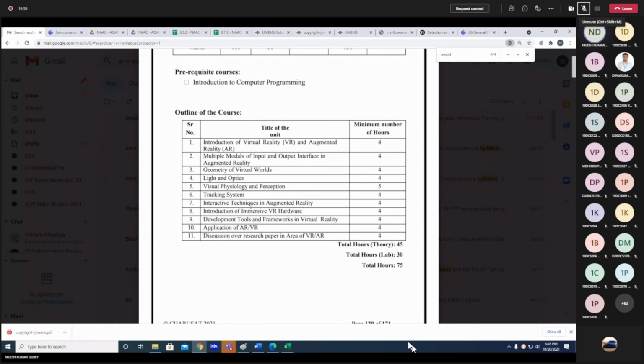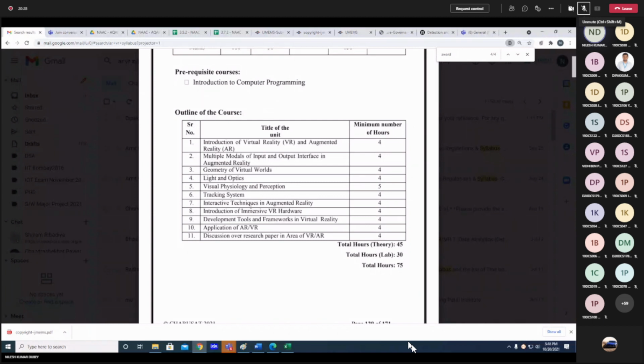So this subject is going to be of the students; only the teacher is not going to deliver. Maybe two or three teachers will be there for the subject. Whichever student is very excellent in designing and creating a 3D model, or is very creative with a particular AR VR tool, that practical will also come in our laboratory, and that student will deliver it. So this is the subject, and because it is being introduced for the first time, we all will learn together.